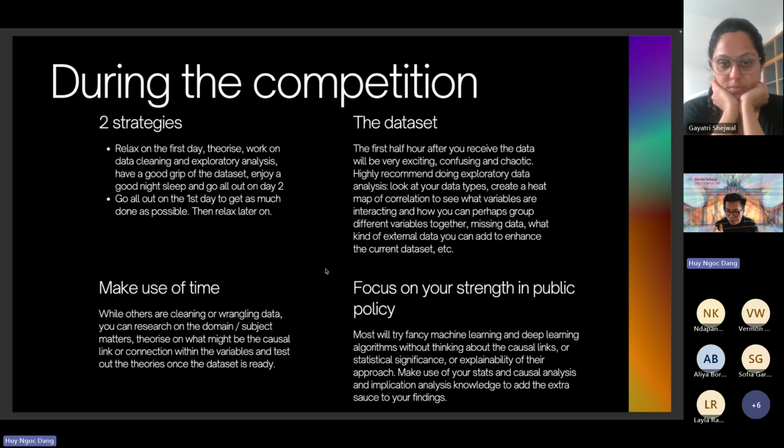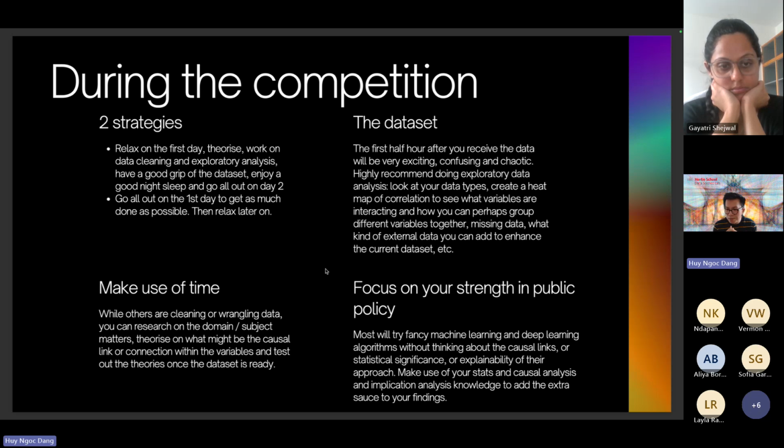This approach also works, but it's a bit more stressful, and it also depends a lot on the team's personality as well. If you guys want to work together very intensively, and you work together under pressure very, very well, then yeah, you're very welcome to try this approach as well. Generally, I go for the first approach, mainly because it's more relaxing, and you also have more time to discuss the direction and the actual core of what you want to present.